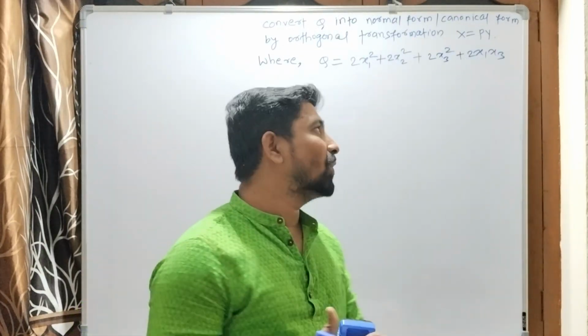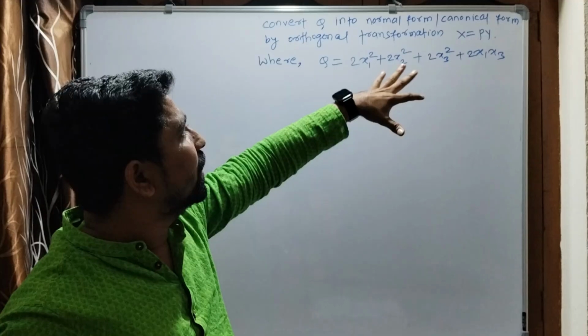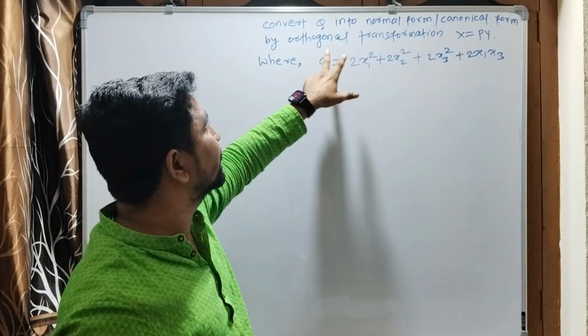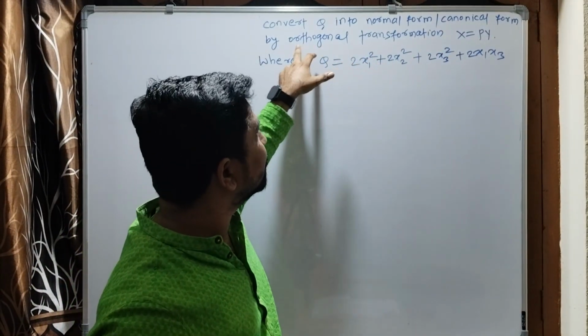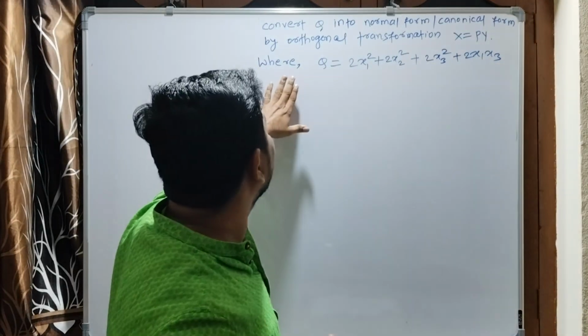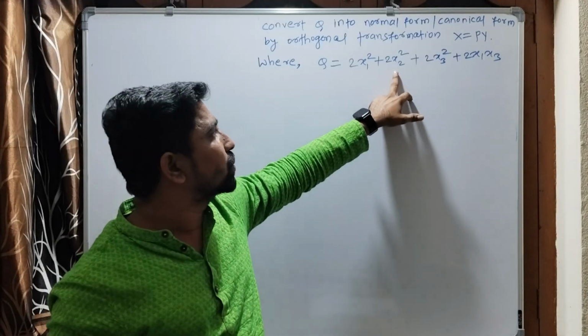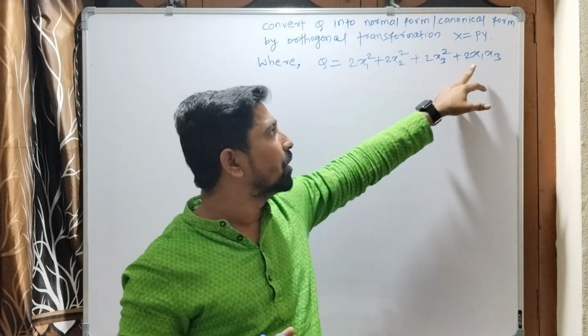Hi friends, in this video, we solve this example. Convert the quadratic form Q into the normal form, or we can say the canonical form, by using the orthogonal transformation x equal to Py. So here this is your quadratic form Q equal to 2x1 square plus 2x2 square plus 2x3 square plus 2